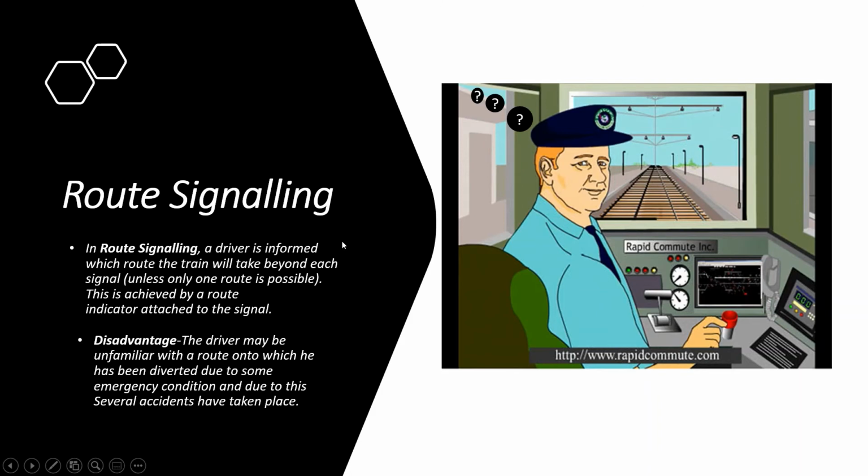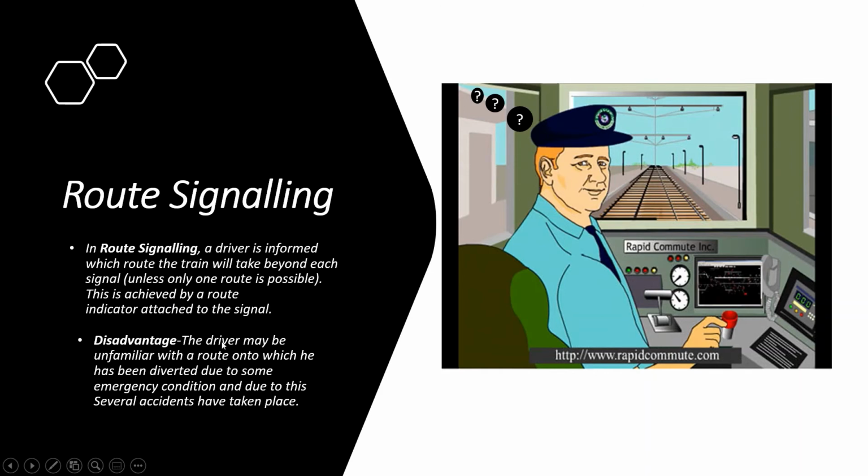But route signaling is very typical to understand. That is, when the driver is very familiar with this location or this path, the driver could drive very easily. But when the route is changed, he is not able to adjust the speed because there is no proper light signaling. So he should be very cautious, and it is a very headache task for the driver to go with route signaling, which is indicated by the control department in the railways.